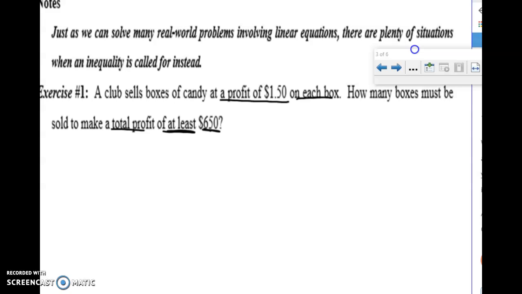Now it's important for us to go back and do our annotating. So a profit of $1.50 on each box is our rate. All right, so we talked about our ROC and our IV, our initial value. So this is our ROC, our rate of change. And then to make a total profit of at least $650, it would be important to give the sign for